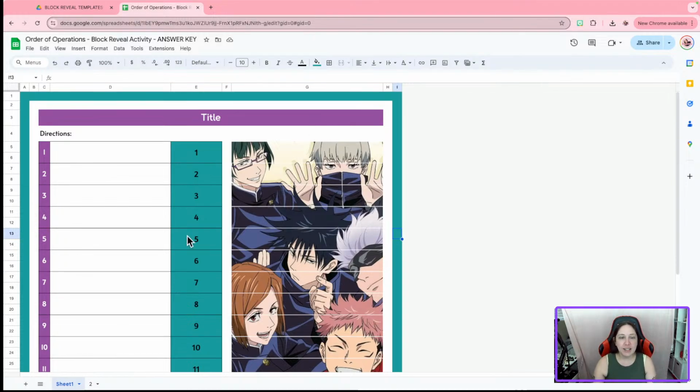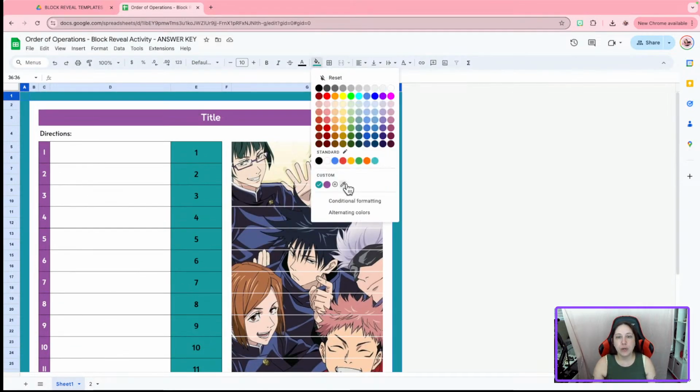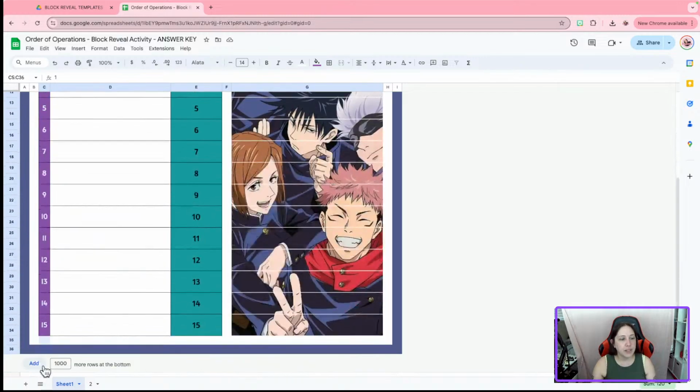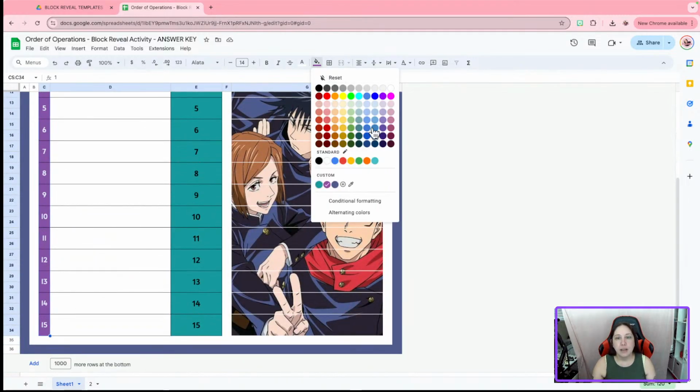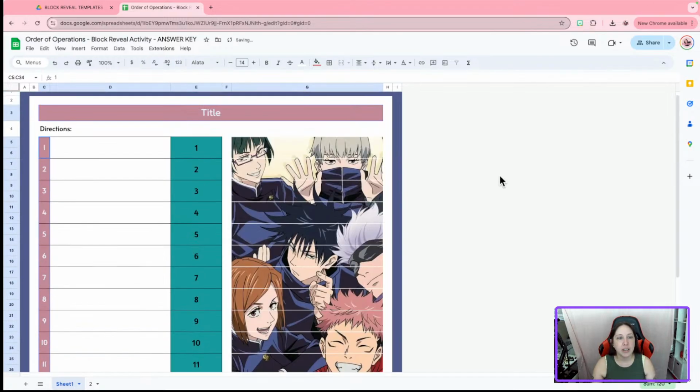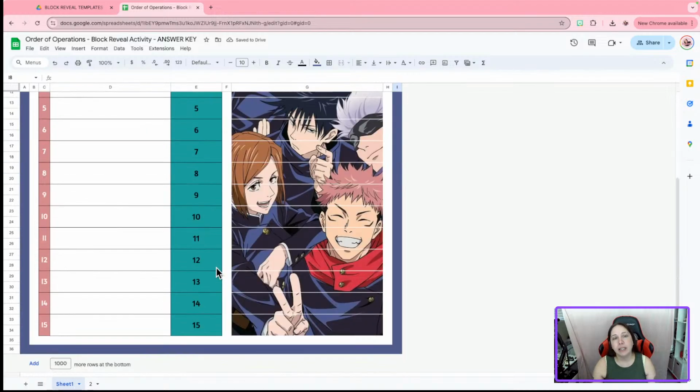So I'm going to choose my colors. I'm going to select the border, go to the fill tool and the color picker, and select their uniform color. Now that matches. Now I'm going to select this and the numbers on the side, use the image picker, and go with his hair color, which is very iconic. And then I'm going to select these, and